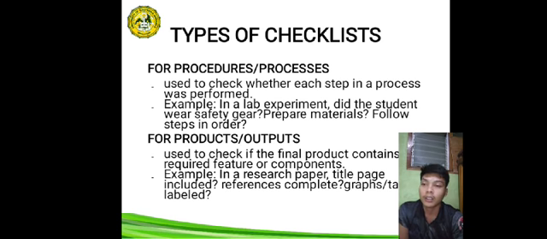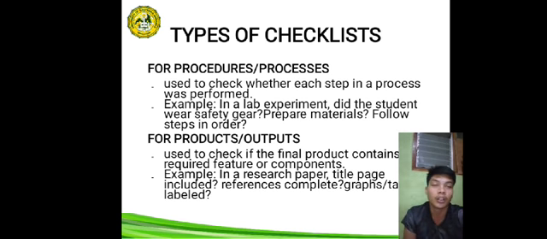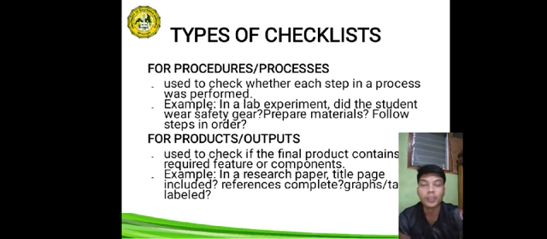So first, the procedures or processes. Procedures and processes, it is used to check whether each step in a process was performed. A checklist for procedures or processes is a tool that outlines all the essential steps to complete a task accurately and consistently. It begins with identifying the objective, gathering the necessary materials or tools, and then following step-by-step instructions